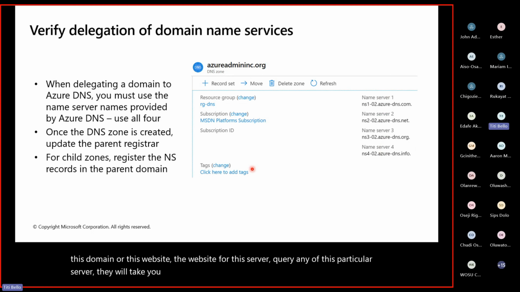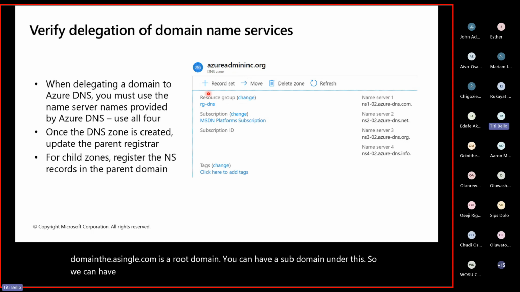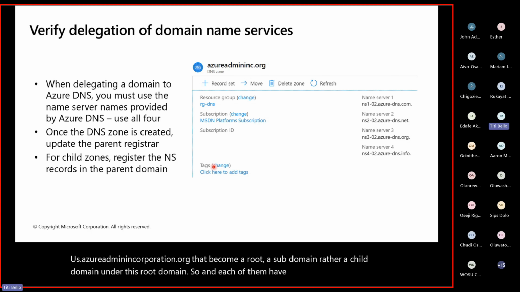That's what it means. So now this is a root domain. A single .com is a root domain. You can have a subdomain under this. So we can have maybe us.azureadminincorporation.org. That becomes a subdomain, or child domain, under this root domain. Each of them has its own DNS settings or records that you have to create